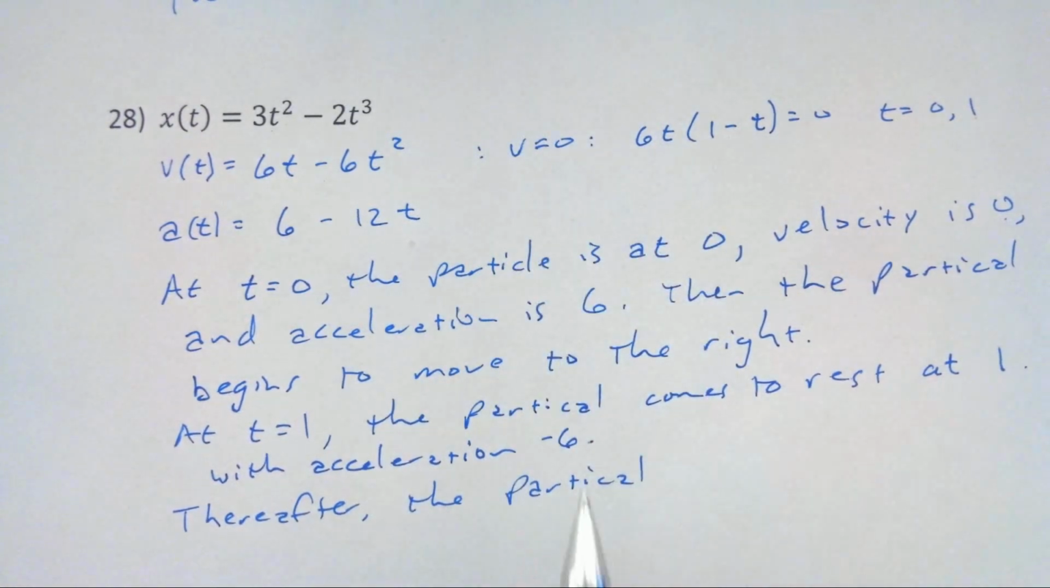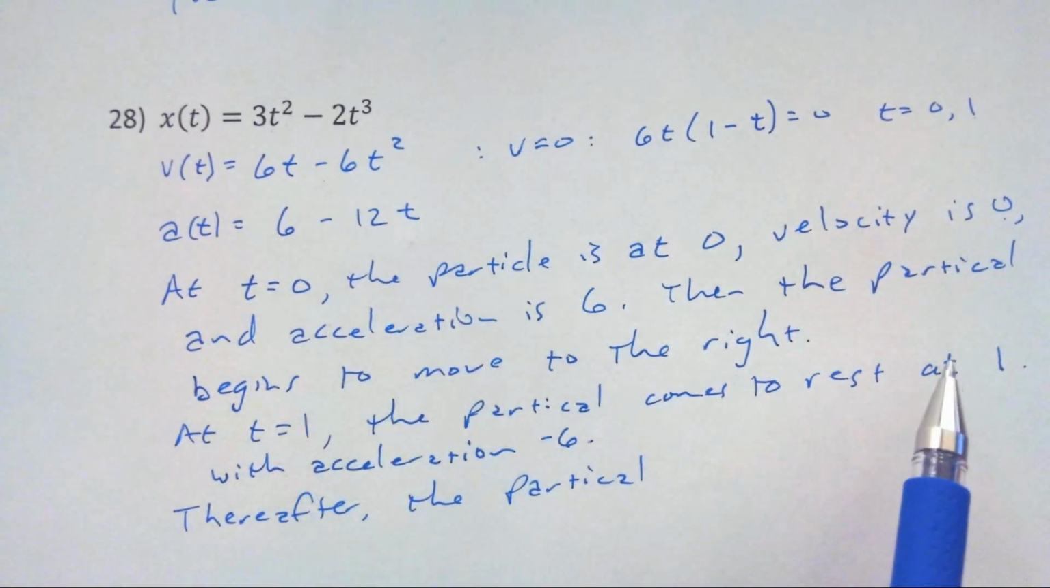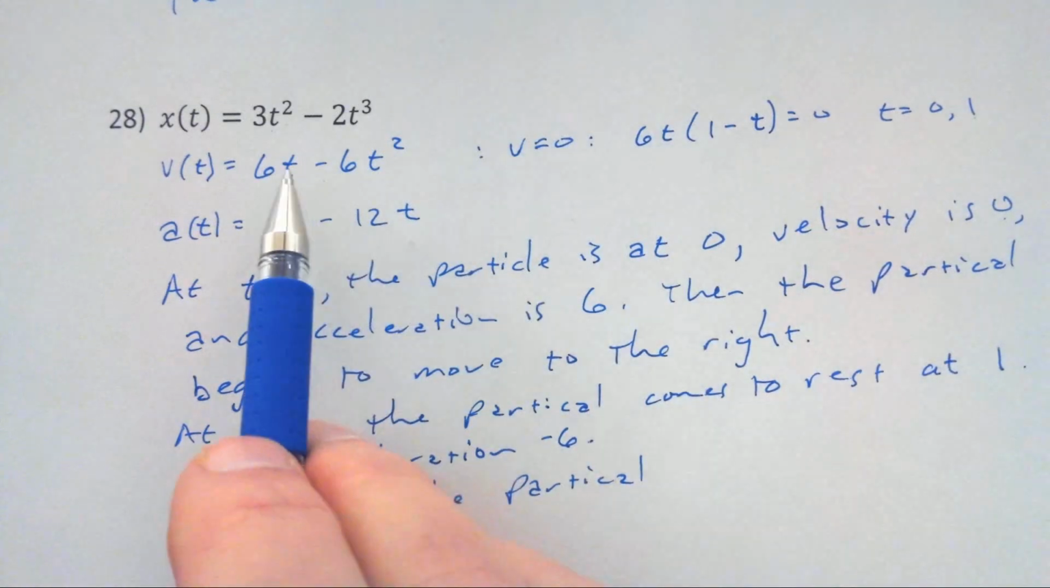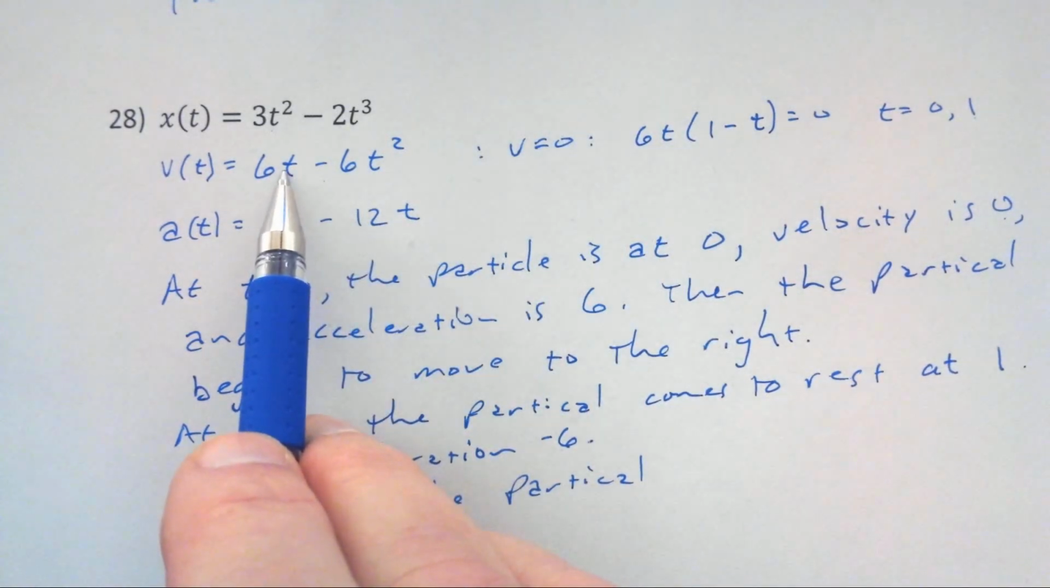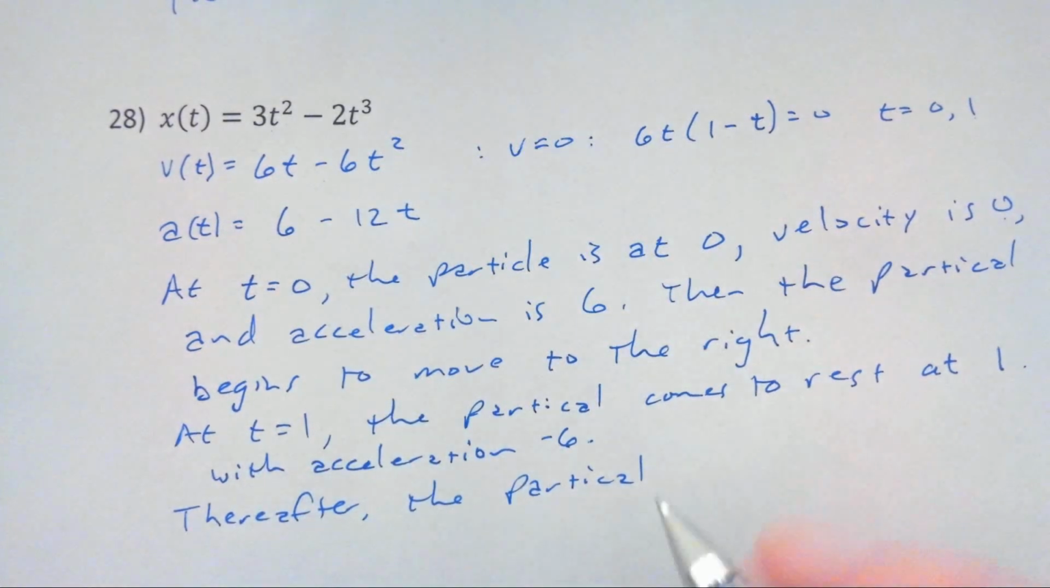Let's see what happens if I put something in beyond 1. If I put in 2 into the velocity, I get 12 minus 24. Yep, it's negative. Thereafter, the particle, CLE. Did I do that earlier? Nope, CLE. Good. The particle